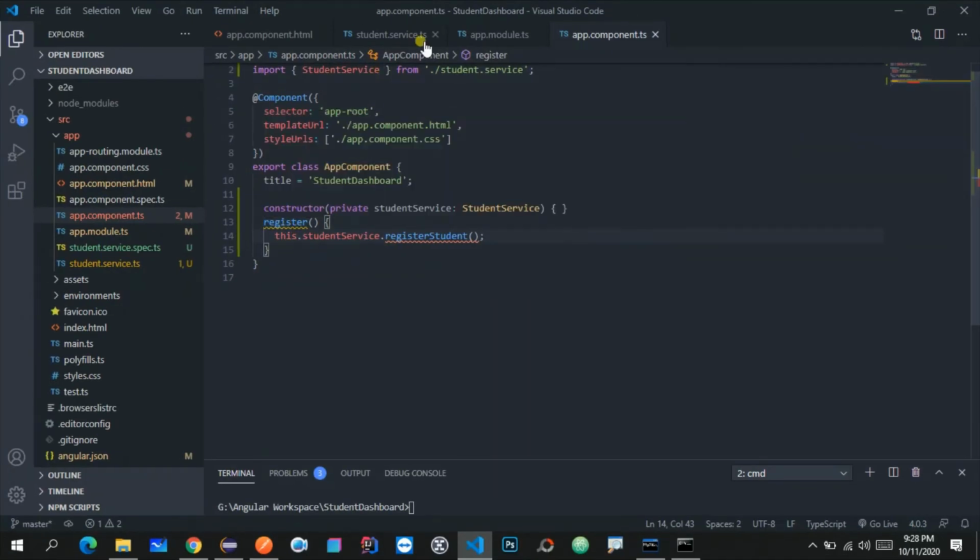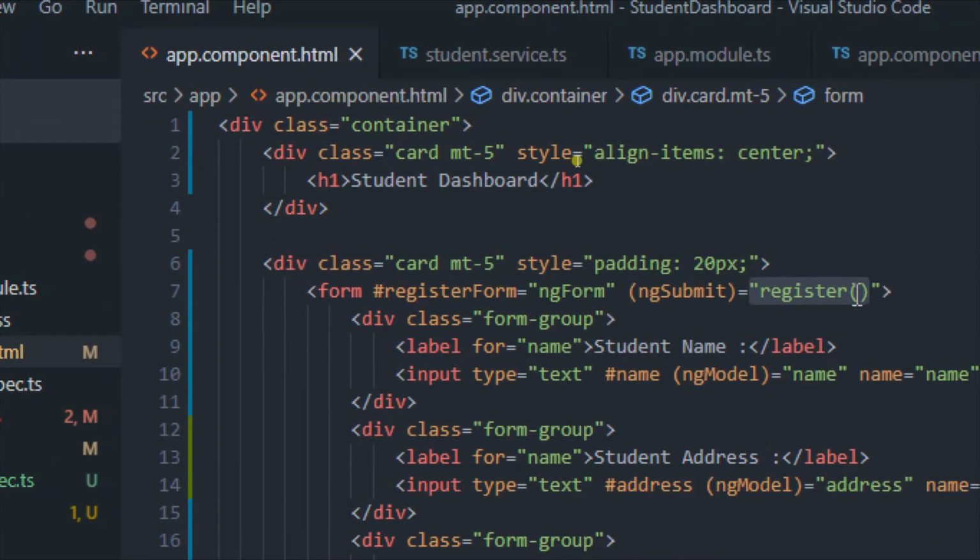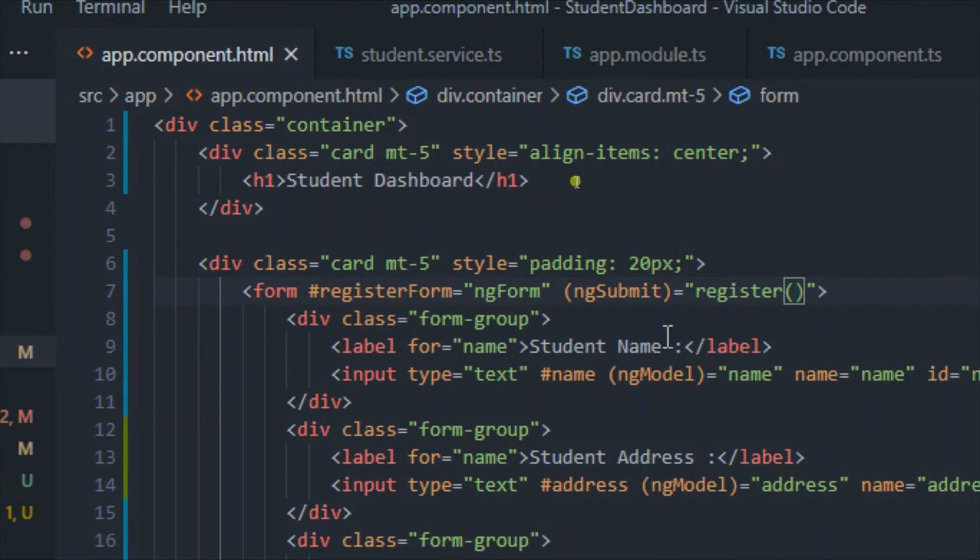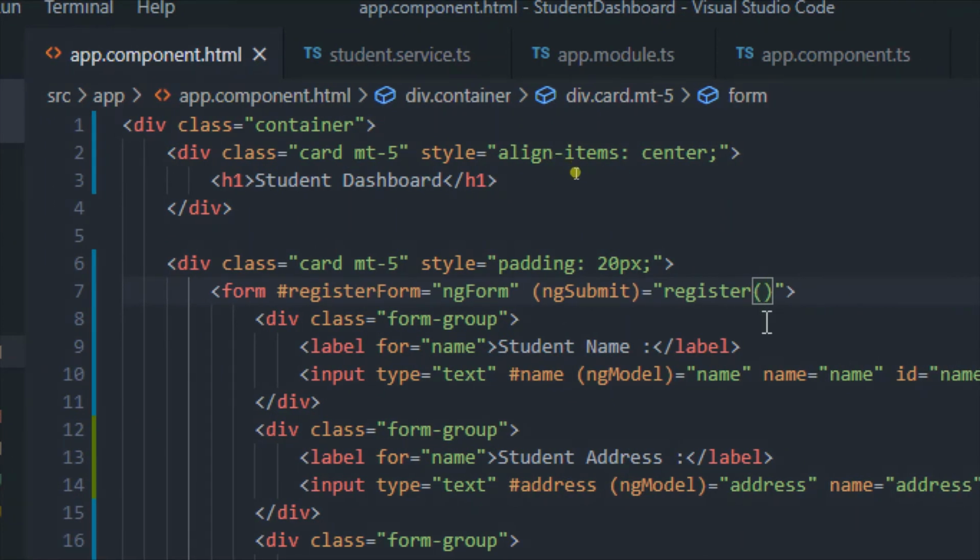So over here inside this app.component.ts, we will send all the form data as a parameter to this register method. So over here let me just copy this register form and let me just paste it inside these brackets. So by this we are just passing this register form data to this particular method.